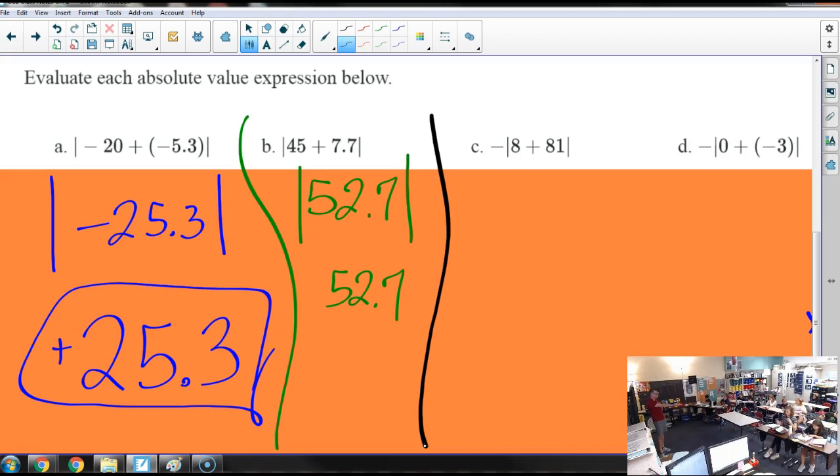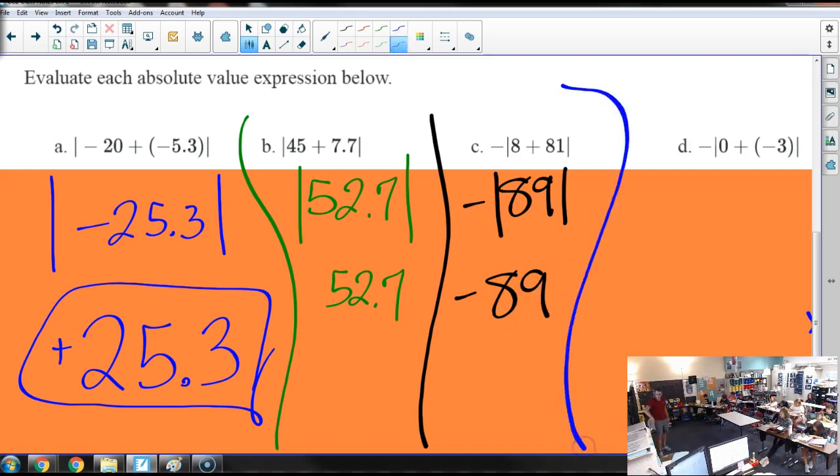That's absolutely right. So if you didn't hear Nikki, she said, well, if they were parentheses, you would just do the inside first and then apply the negative. That's absolutely what we do here. So inside the absolute value, 8 plus 81, what's that? 89. The bars are still there and the negative is still there. To come out of the bars, the 89 turns positive, but the negative is still there, and it's negative